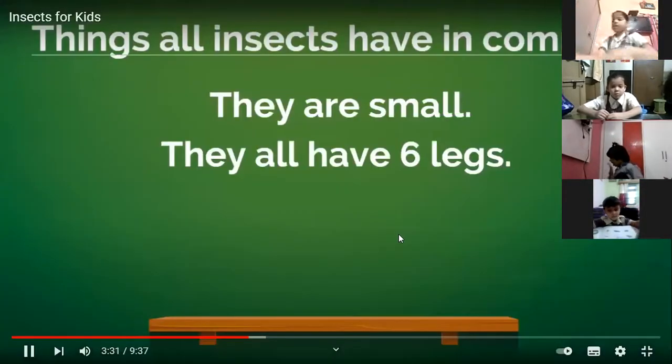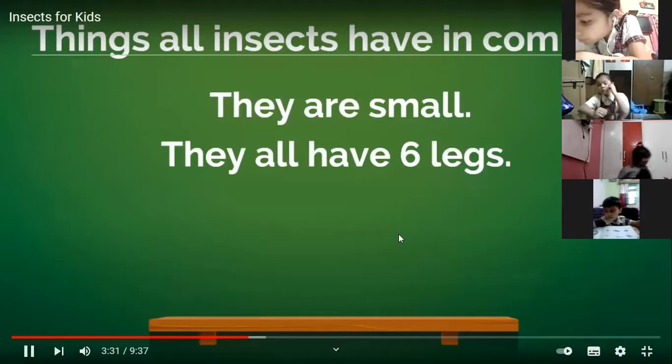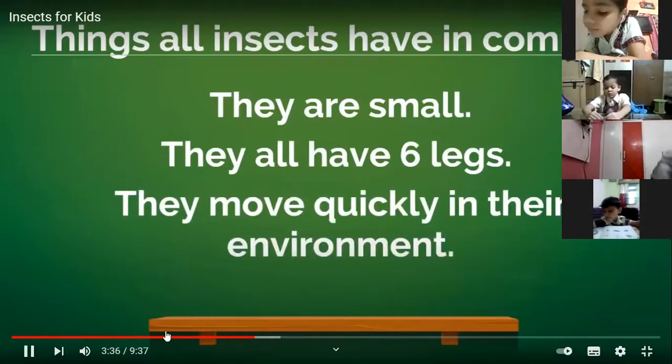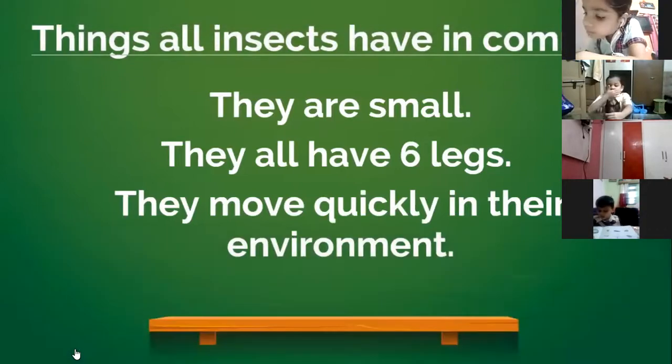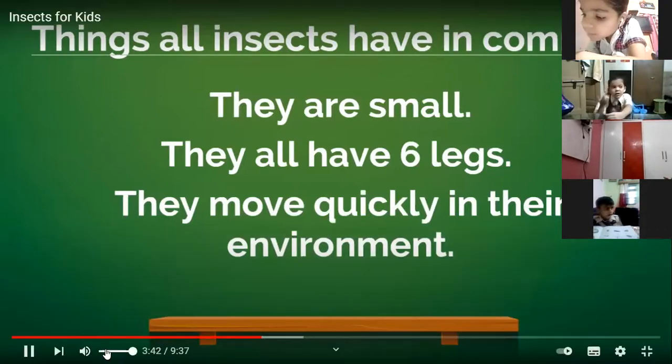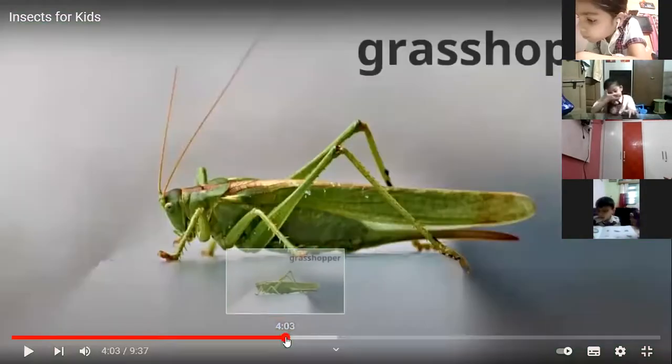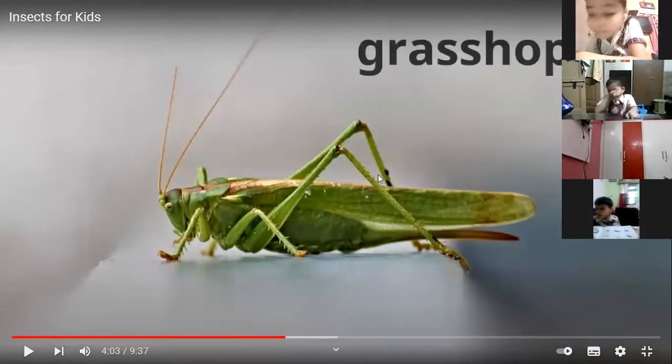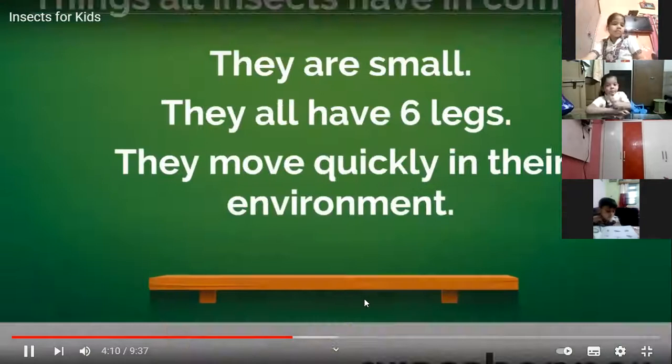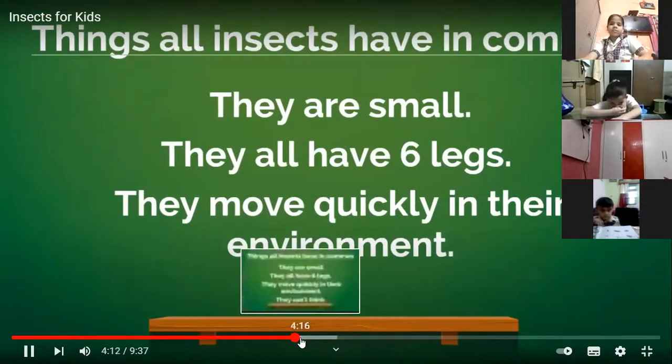The next thing all insects have in common is that they move quickly in their environment. Whether they live on land, in the water, or fly in the air, every insect has the ability to be fast with their legs and often their wings. All insects have the ability to move quickly. This is a grasshopper. Insects not only move quickly in their environment,